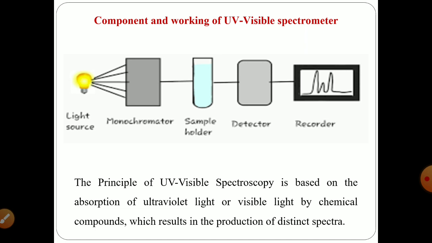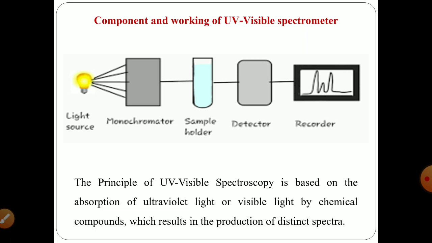The prism reflects these light rays at the surface of two interferences, and the reflection on and off the grooves is dispersed by the grating into its component wavelength. So once this monochromatic light passes through the sample holder, the proportion of ultraviolet light which has been absorbed by your chemical compound will be noted by means of detector. The change in absorbance of light noted by detector is reflected into your recorder.